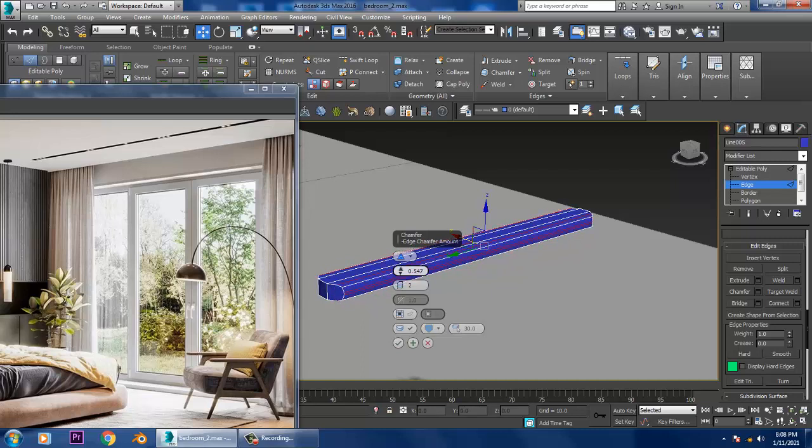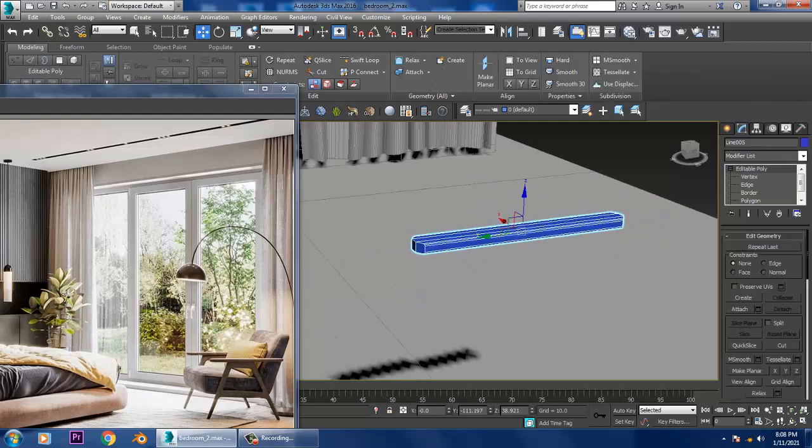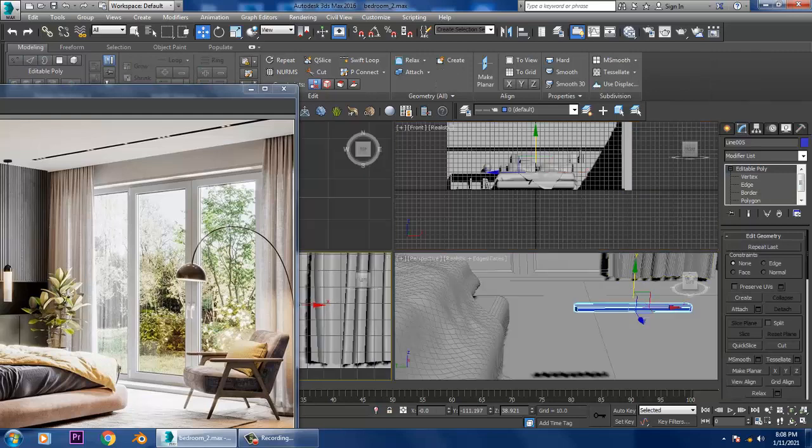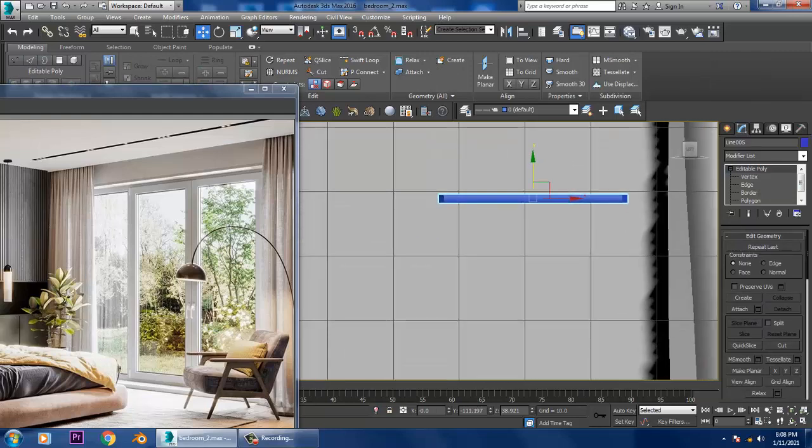So we can slightly give a chamfer to it. Click OK. After that, let's go into this view again over here.